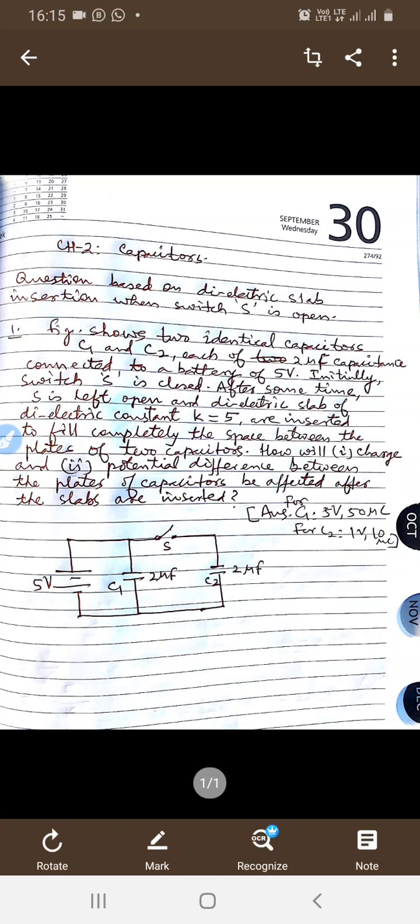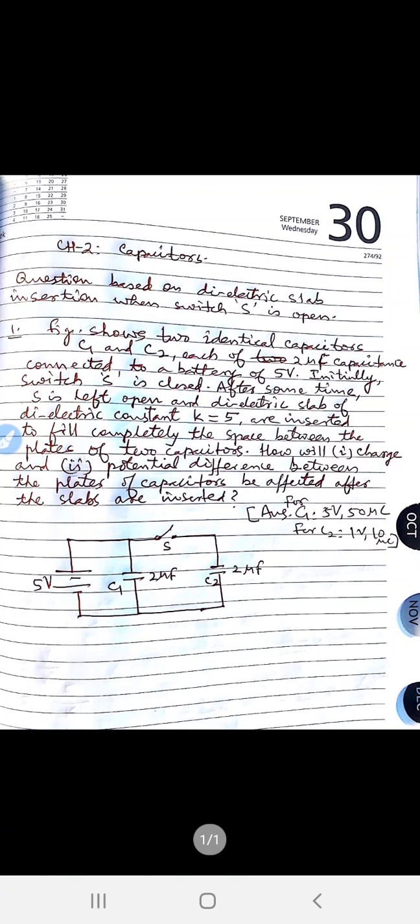In the first case, the capacitor is disconnected from the supply and a dielectric slab is inserted between the plates. In the second case, the capacitor remains connected to the supply and the dielectric is inserted between the plates. So, this question is the best example of both situations. That is, when the capacitor is connected with the supply battery and dielectric is inserted, and when the capacitor is disconnected from the supply and dielectric is inserted. So, here